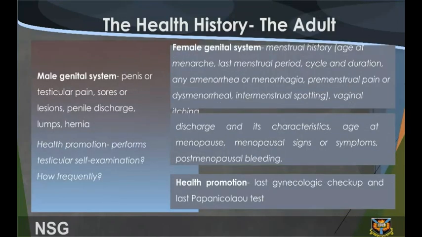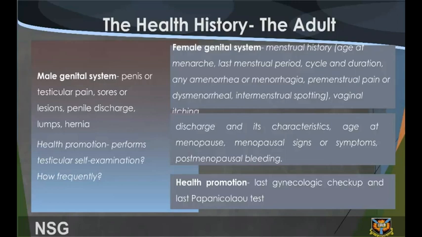Male genital system: penis or testicular pain, sores or lesions, penile discharge, lumps, hernia. Health promotion: perform testicular self-examination. How frequently? Female genital system: menstrual history, age at menarche, last menstrual period, cycle and duration, any amenorrhea or menorrhagia,